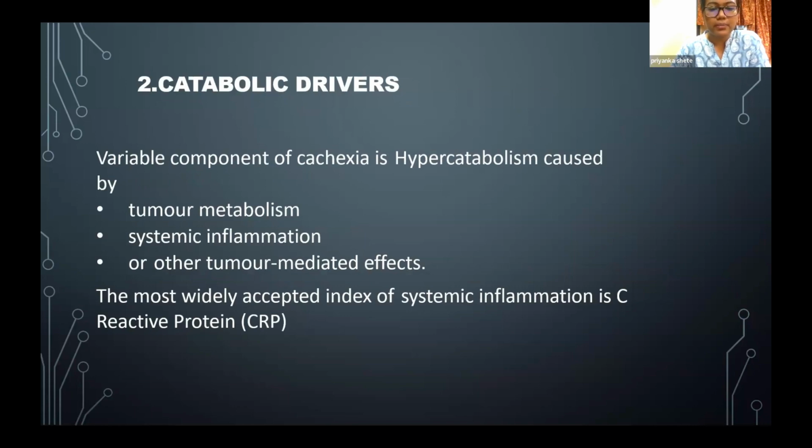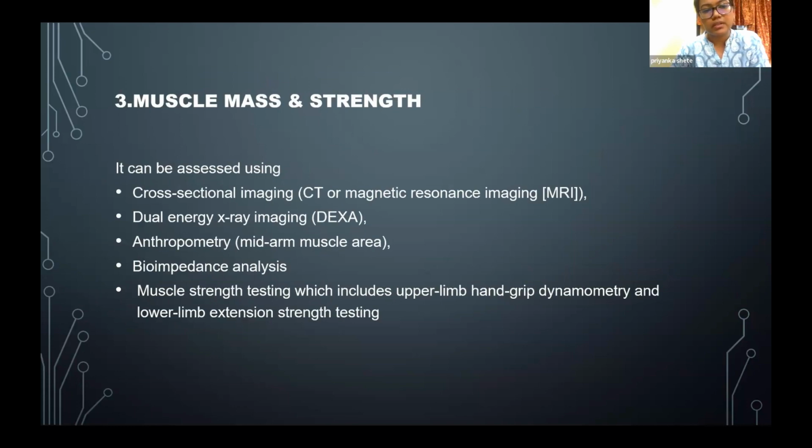The most widely accepted index of systemic inflammation is the C-reactive protein. Then the third one is muscle mass and strength. It can be assessed using cross-sectional imaging like CT and MRI, dual energy X-ray absorptiometry DEXA, anthropometry, mid-arm muscle area, bioimpedance analysis, and muscle strength testing, which includes upper limb hand grip dynamometry and lower limb extension strength